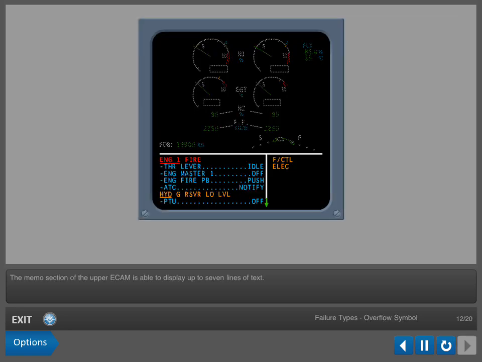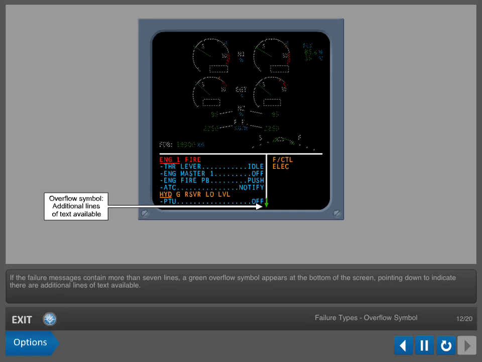The memo section of the upper ECAM is able to display up to 7 lines of text. If the failure messages contain more than 7 lines, a green overflow symbol appears at the bottom of the screen, pointing down to indicate there are additional lines of text available. If there are failures in other systems, the affected systems are displayed on the right side of the screen in